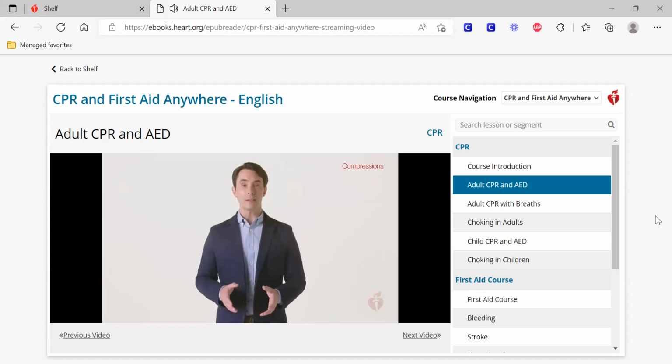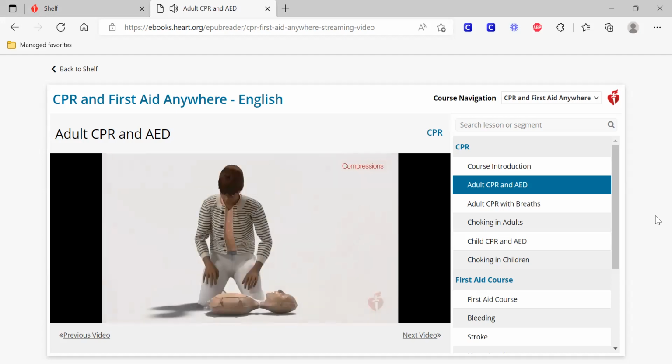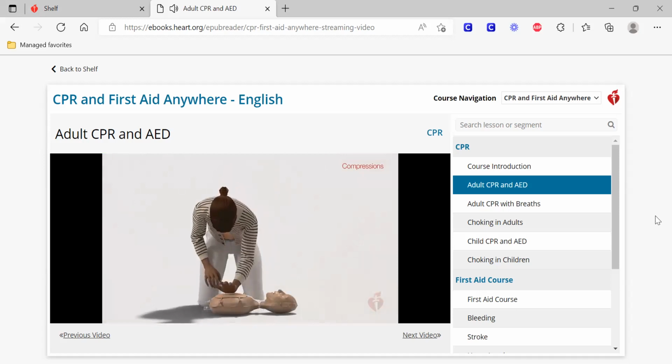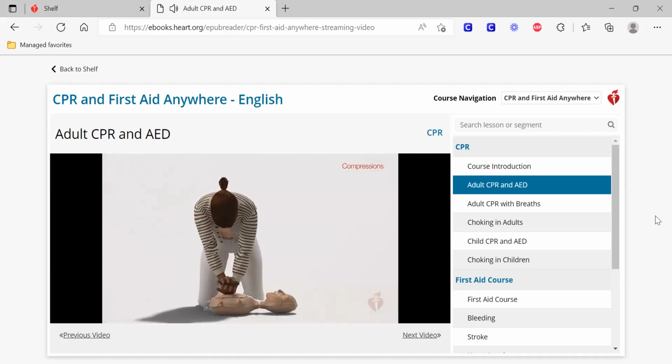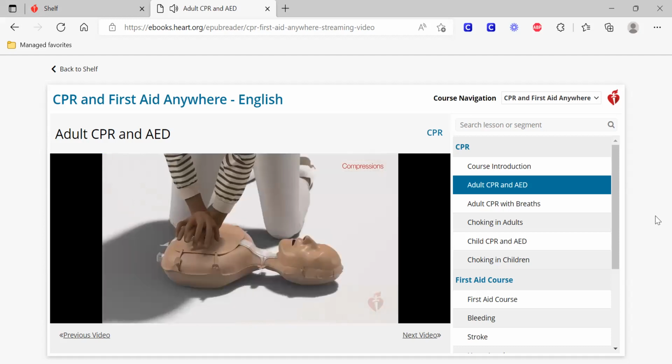It's time for you to practice compressions. Although we're just practicing today, you may need to use these skills in the future to save the life of a family member, a friend, or even a stranger. Put Minnie Ann on the floor and kneel beside her. Put one hand on the center of Minnie Ann's chest, and then put your other hand on top of the first. Keep your hands in the center of the chest and push straight down, hard enough that you can hear